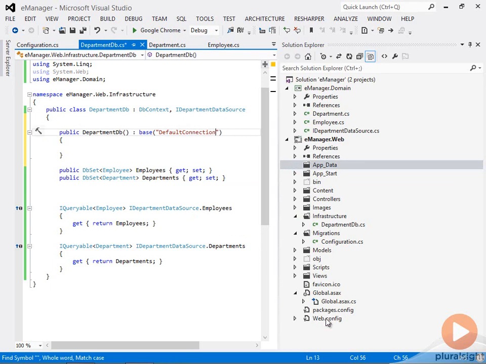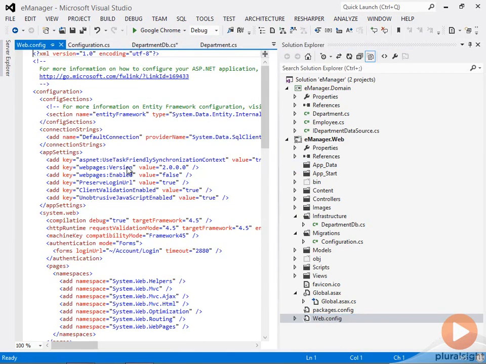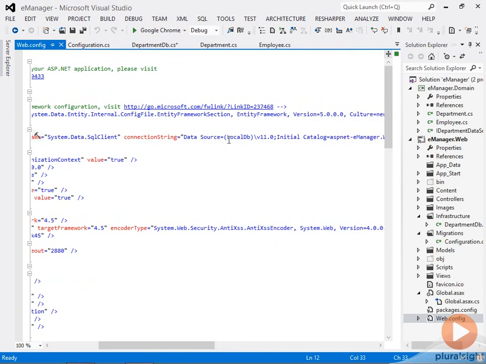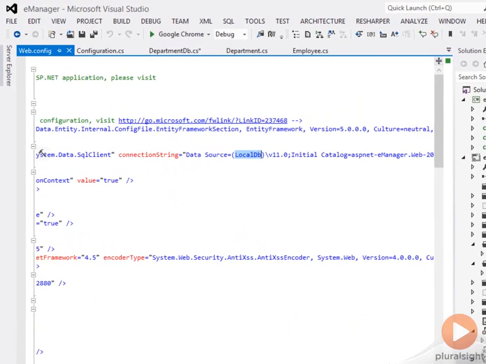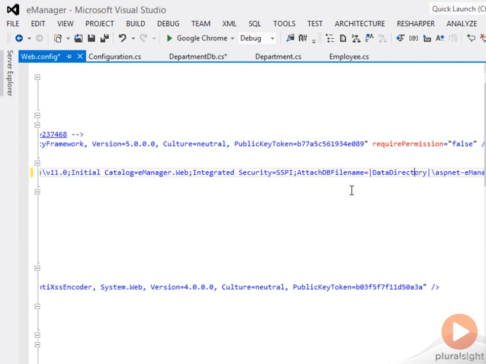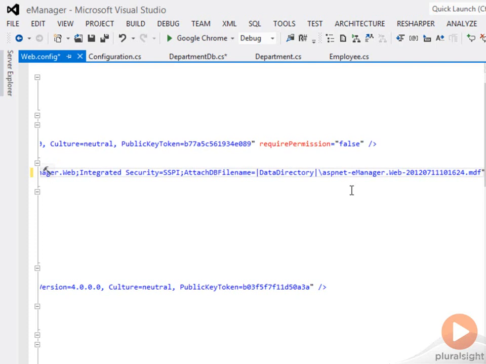Because if I look in web.config, a default connection has already been created for me by the new MVC4 project template. DefaultConnection in Visual Studio 2012 will just go to LocalDB. It will create a database called emanager.web. In fact, let's fix this up a little bit. So it's just emanager. .web is the database name in a file that is in the data directory. And I can also modify this name also. I could say this should be